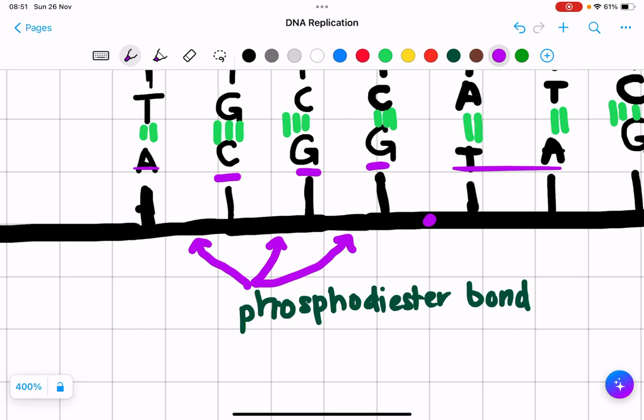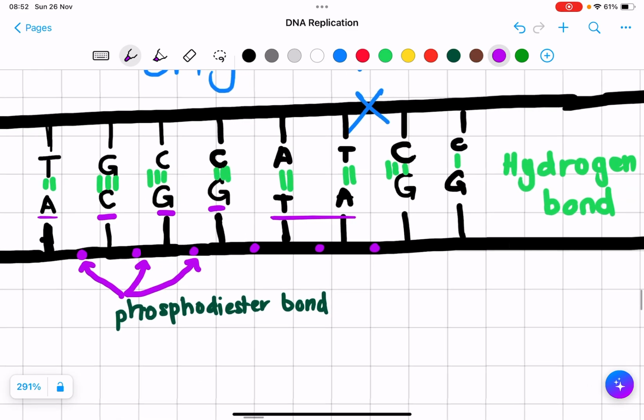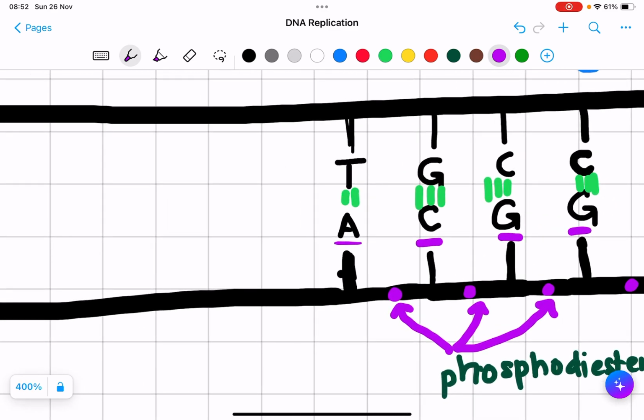So kat sini adalah DNA phosphodiester bond, kat sini ada phosphodiester bond, kat sini ada phosphodiester bond, ni ada phosphodiester bond, phosphodiester bond, and so on and so on. So phosphodiester bond is in the same strand, tapi hydrogen bond dia between the two strand, and the bonding of the DNA nucleotide between ni kita kenali juga sebagai